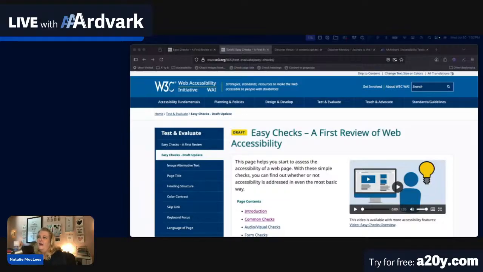They're meant to be so that anybody could do them. So anybody can come along, even if you have no prior experience doing accessibility testing, and work your way through these easy checks. So we are in a little bit of an odd state with the easy checks documentation from